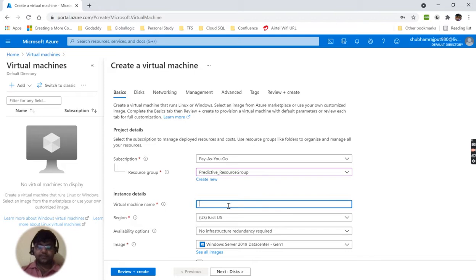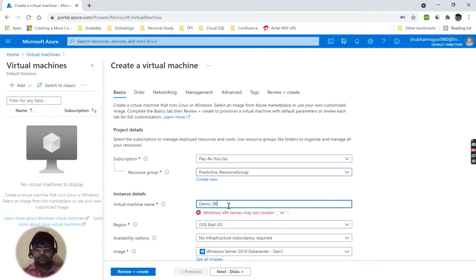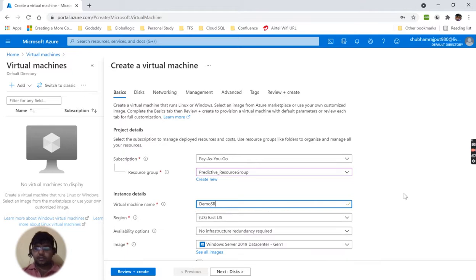You will provide the virtual machine name, suppose demo SR. Okay, it is saying that underscore is not allowed in the virtual machine name.